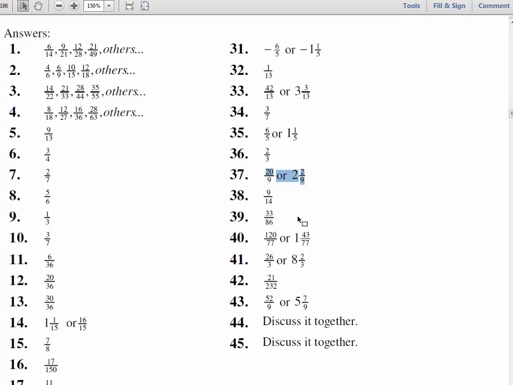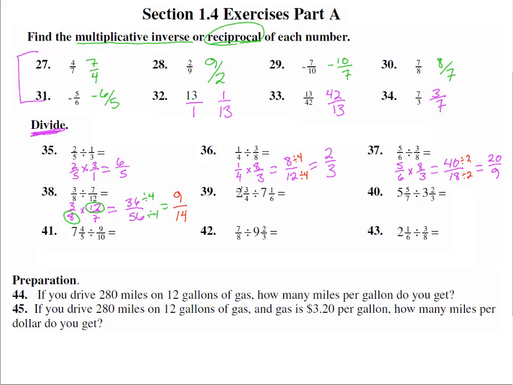Let's double check our answer. Yep, 9/14. Number 39, 2 3/4 divided by 7 1/6. Whoa, we can't do it like that. We need to be able to multiply straight across the top and bottom. So we need to turn this into an improper fraction, which we do by 4 times 2 is 8 plus 3 is 11. That's 11/4. And then divided by 7 1/6. That's 6 times 7 is 42 plus 1 is